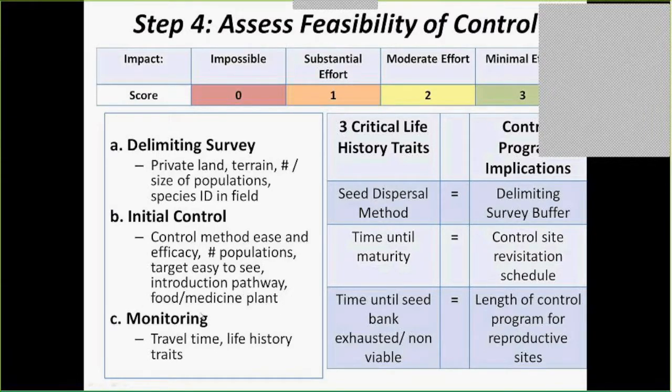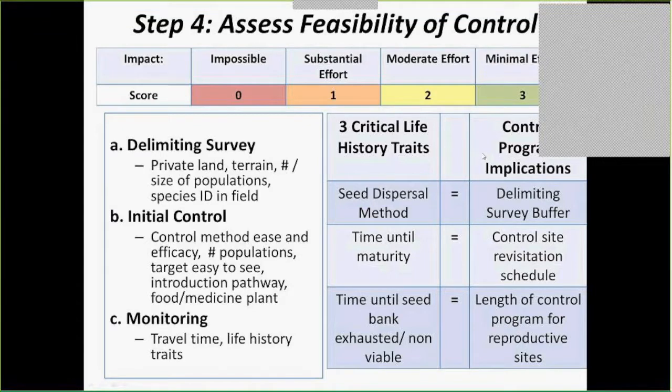And finally, monitoring. This is how often and for how long you have to visit to control regeneration. The things that go into this are travel time, how long it takes to travel from base to the site, and life history traits. For life history traits, I have what I think are 3 critical ones, where oftentimes the data doesn't exist, but if it does, it really helps